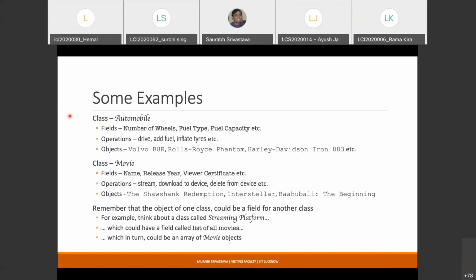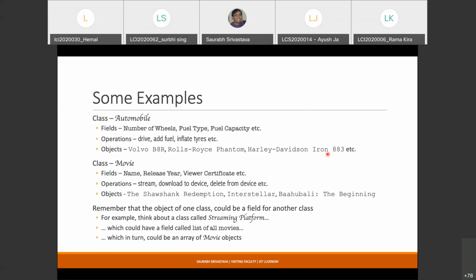Okay, let us see some examples of classes and objects before we go through. Let us say automobile is a class, and then the objects of automobile will be these: Volvo B8R is a bus, Rolls Royce Phantom is a car, Harley Davidson Iron 883 is a bike.